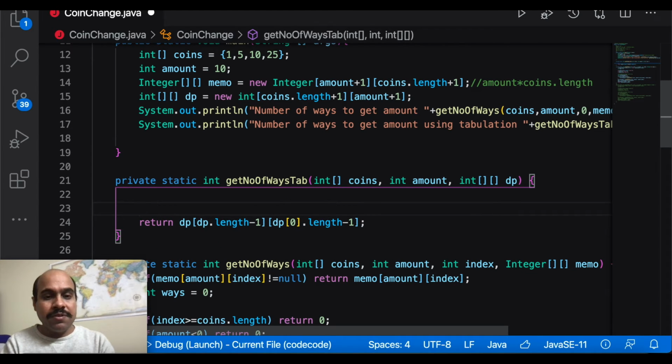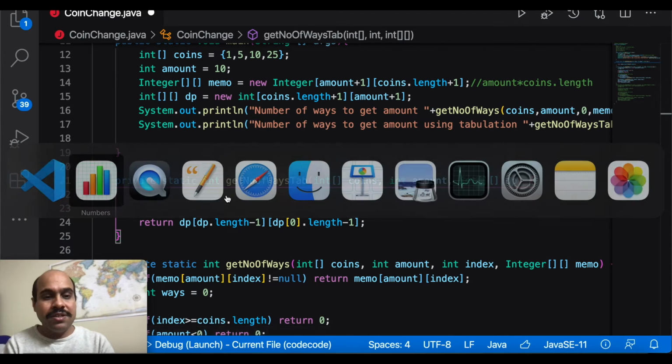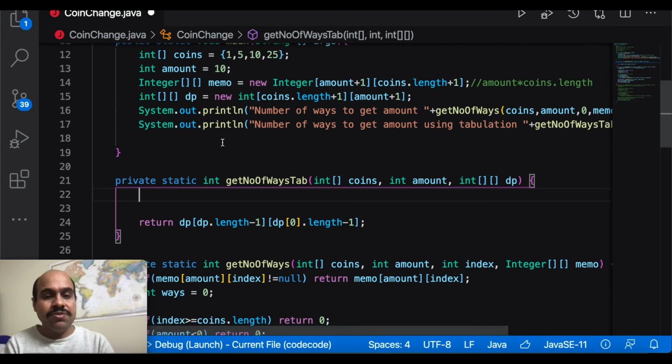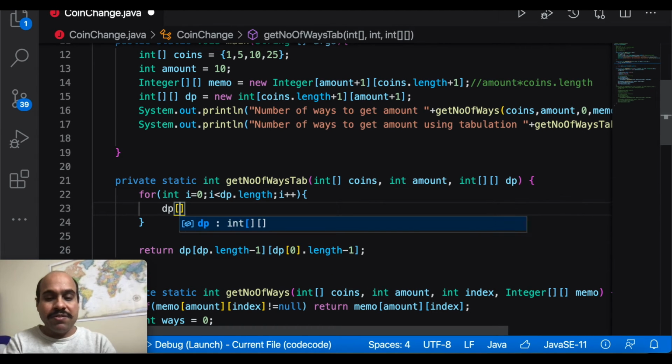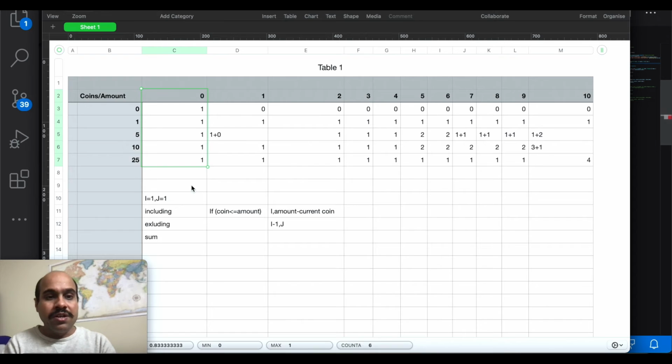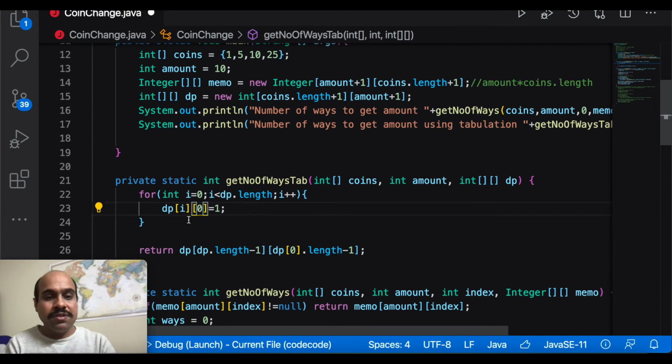Okay, so now I just have to update this dp value. So let's see here. So for example, first I need to update this row, this column over here. So what is this column? This is the 0th index for each row. So I can simply write a for function for int i equals 0, and I have to loop through complete rows. So dp dot length, i plus plus, and we can simply say dp of i of 0 equals 1. So this is first part. So all the 0th index for each row. So dp of i of 0 is 1.